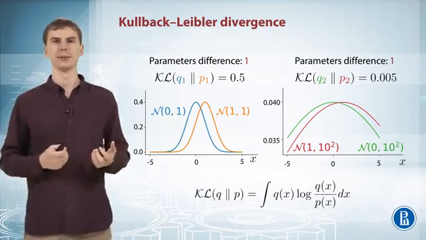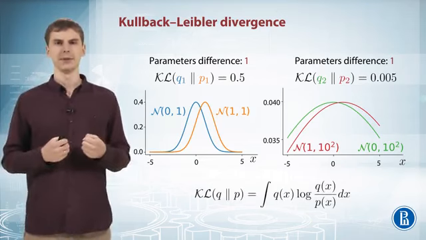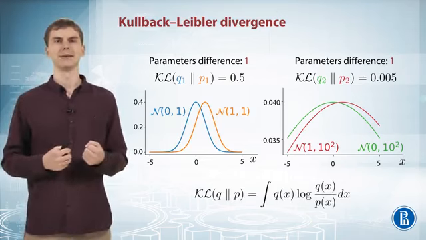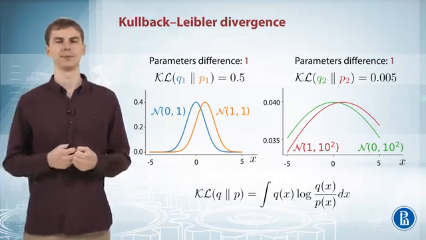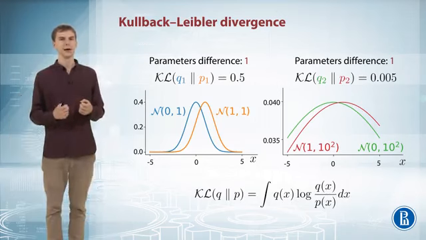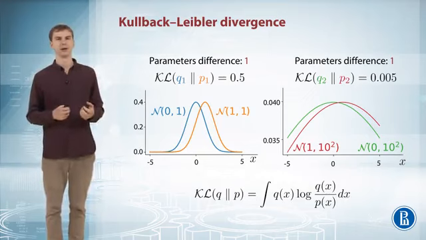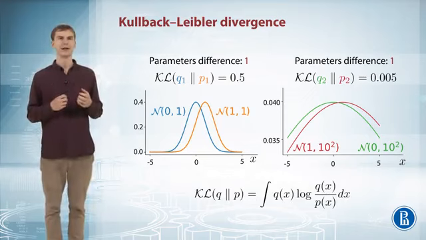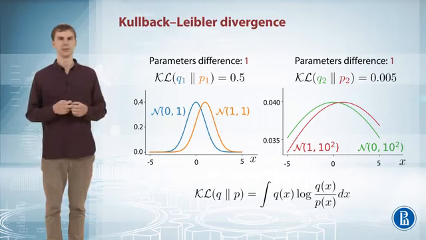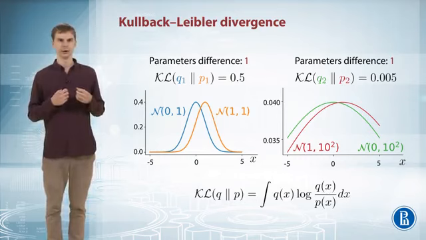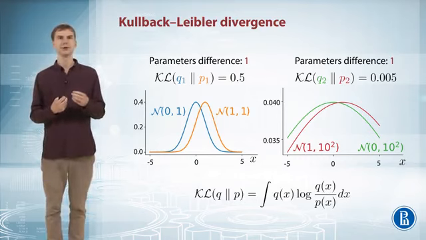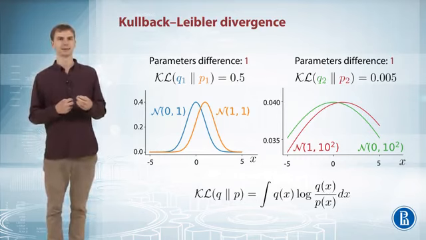So what do I have here? It's an integral of q of x times something, times logarithm of something. Well, integral of q of x is just an expected value of this function. So here we have an expected value of logarithm of the ratio, right? And logarithm of the ratio is trying to measure how different these two distributions are at the current point x